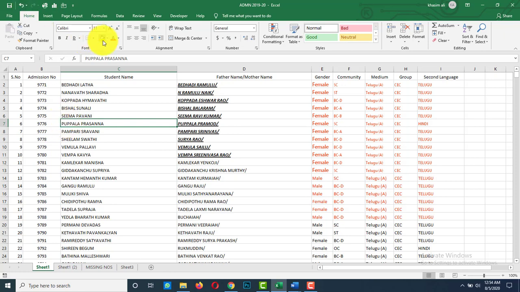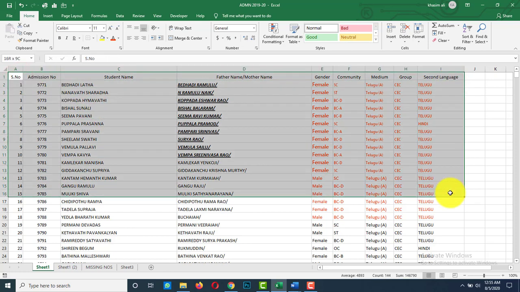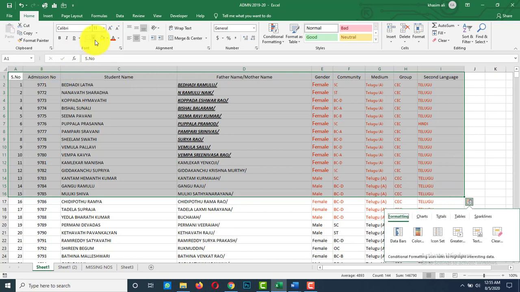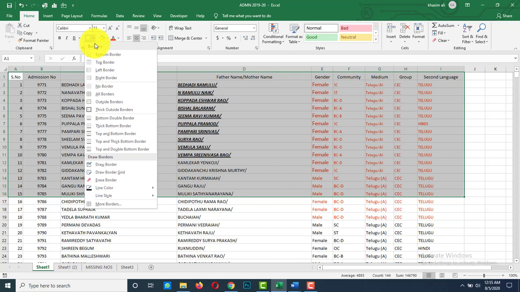Beside that, you have borders and fill color option. See, these cell borders and fill colors allow you to create clear and defined boundaries for the different sections of your worksheet. So by default, Excel does not provide any border to the Excel cells. If you want to apply the border, select the cells or sheet you wish to modify and go to borders drop down list, and from here you can apply a variety of borders. For example, if you want to apply only bottom border, you can apply, or if you want to apply only right border, you can apply.